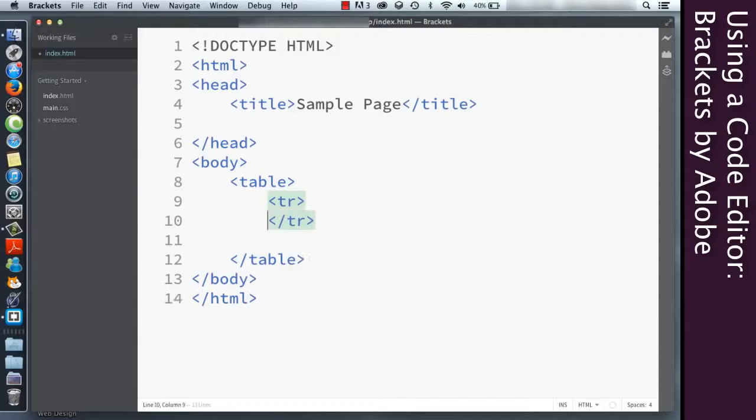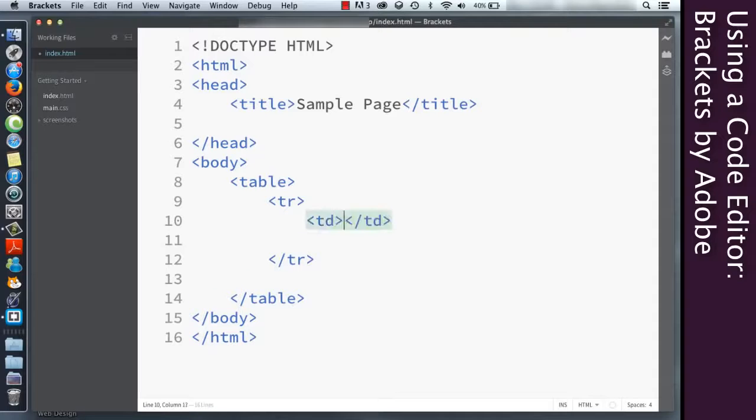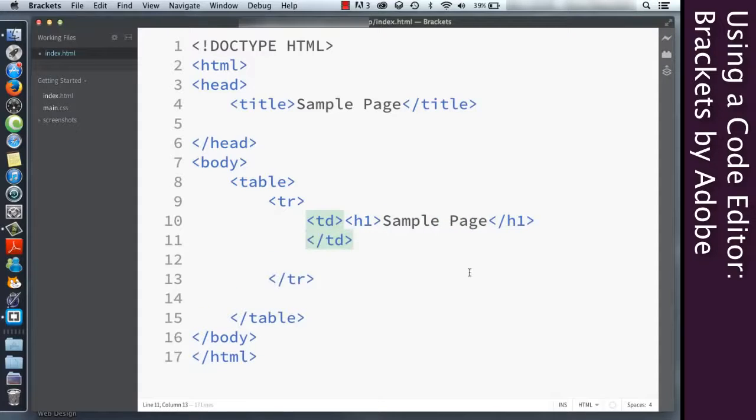So we'll do a TR tag. And we'll do a TD tag. And we're just going to put a header in here, and we're just going to call it, alright, there we go, pretty simple. So notice this is now very structured, very easy to read. We have one TR element with the open and closing tag in here so far, and we can see we have one TD element, open and closing tag as well.